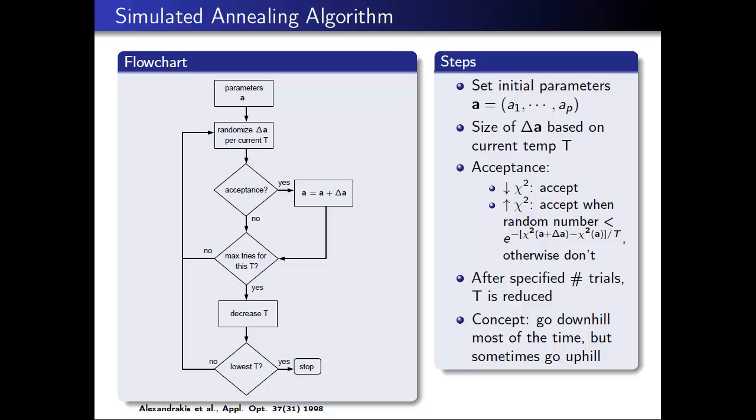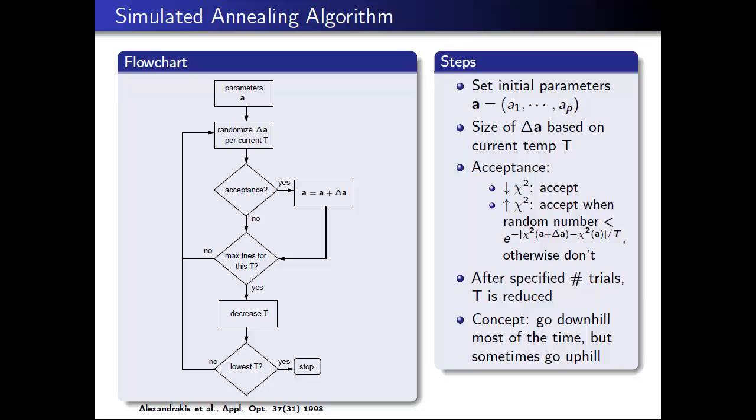You have this temperature cool down schedule, where the temperature is large at the very beginning and then reduces as you move through your algorithm. So you're traversing the coarser regions of the chi-squared map first, and then you fine tune it. When you consider a change delta A based on the current temperature, you look at the chi-squared